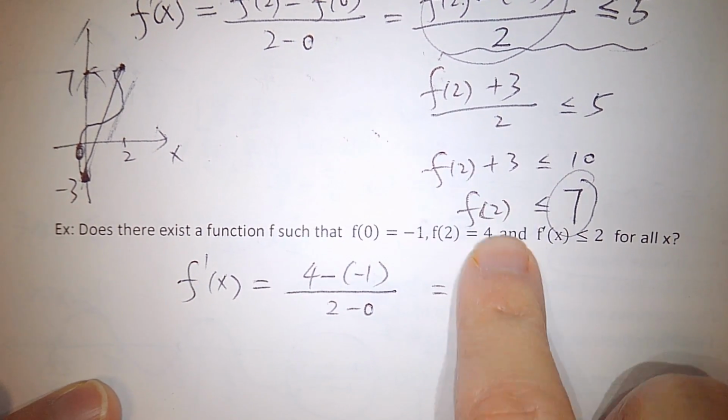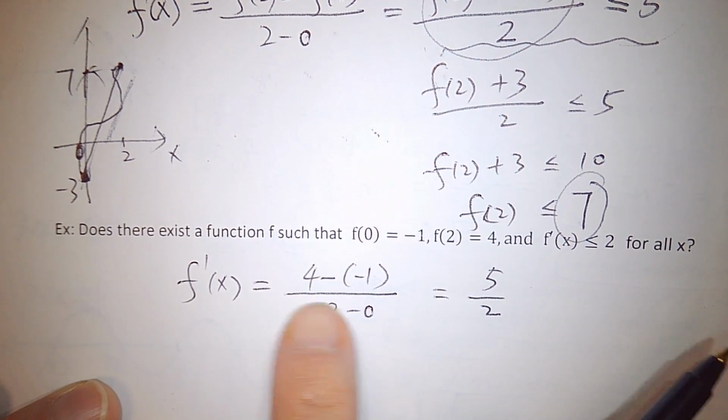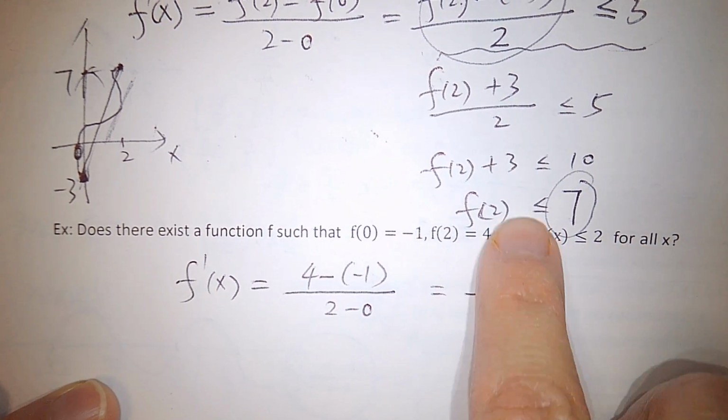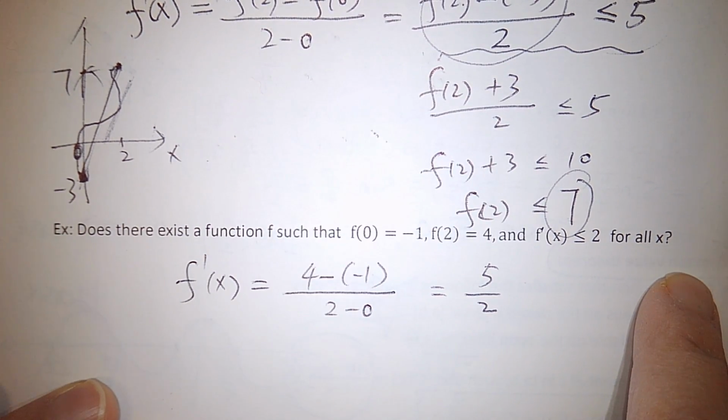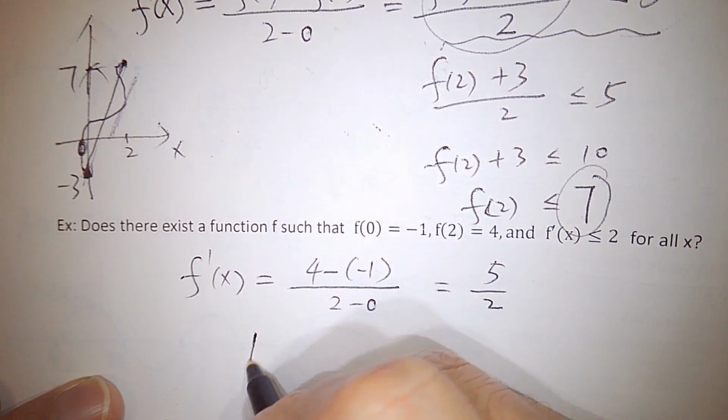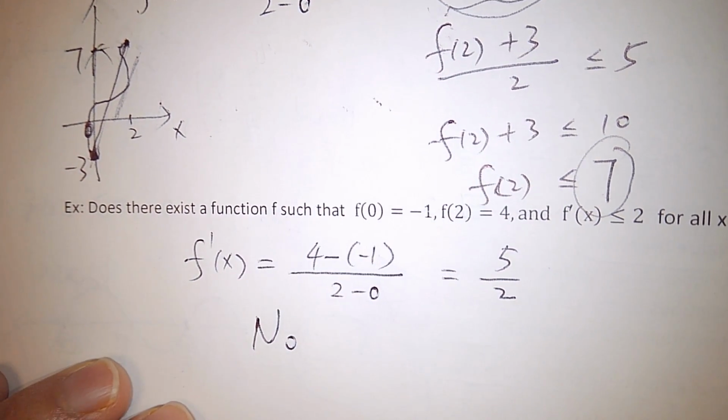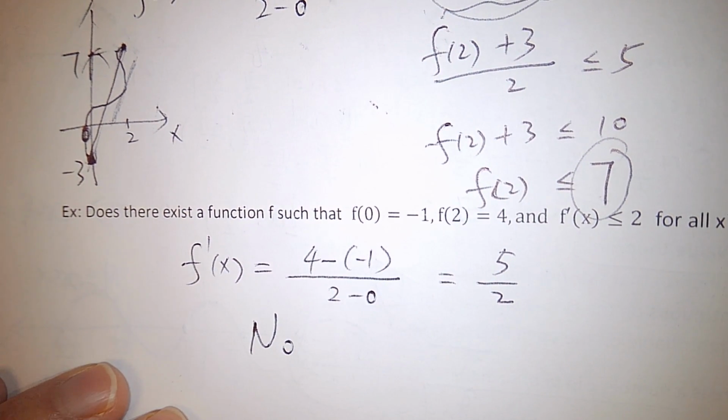Yes. So can we find a certain f, whatever f it is, between x equals 0 and 2, where the slope is less than or equal to 2 for all x? Yes or no? That's impossible. No. Okay. So no. Does it exist? No. You're very good. Okay, yeah, very well. Alright, so